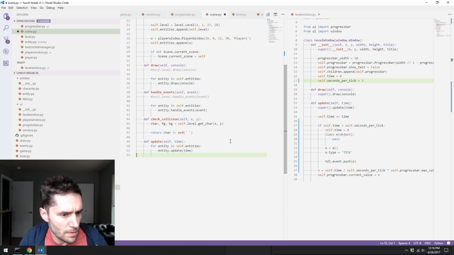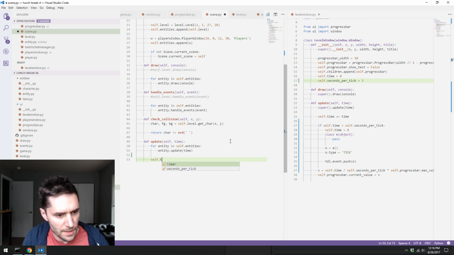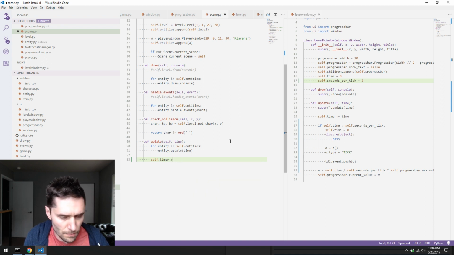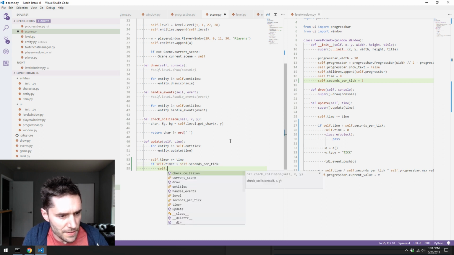Update. So should entities update before or after tick? Let's go after, I suppose. That's probably okay. Self.timer plus equals time, if self.timer greater than self.seconds per tick, self.timer